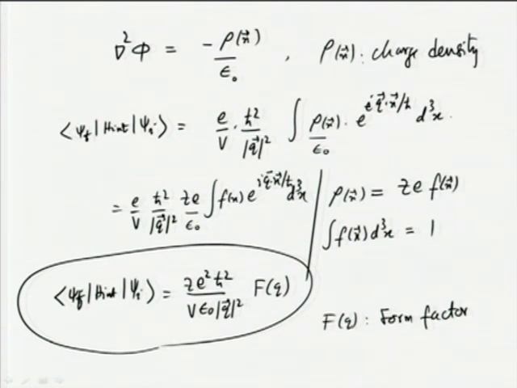So, that is saying that in that case F(q) is equal to 1, and therefore the probability density comes down to Ze square over h cross, Ze square h cross square over V epsilon 0 q square,